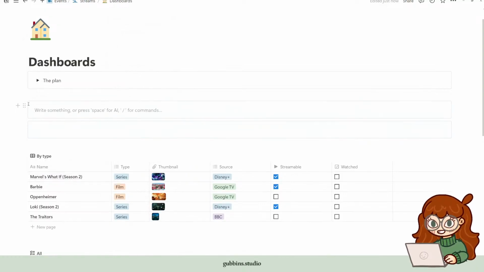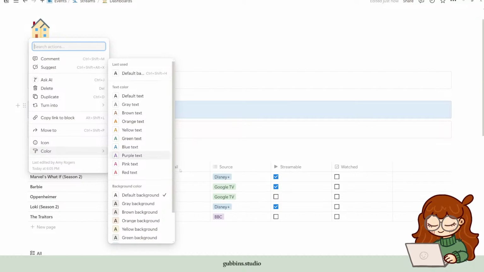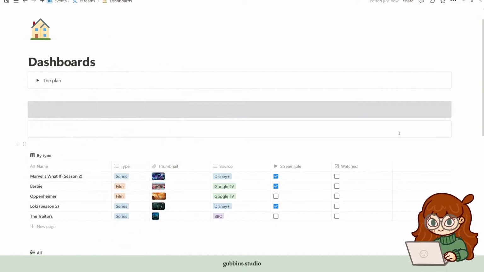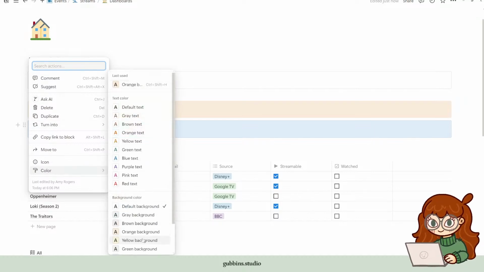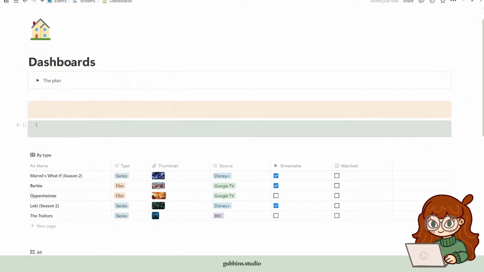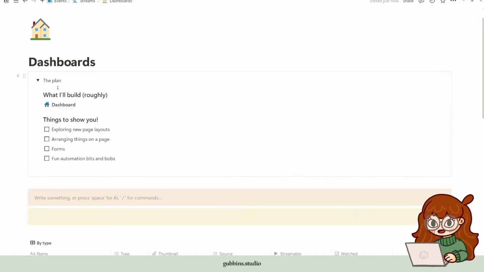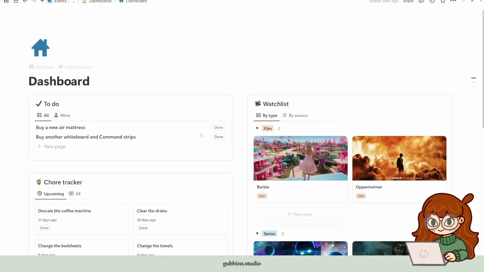And you can change the color of them, I guess. So color: orange, if you wanted something a bit more vibrant. Let's go for yellow in this one. And then to create the kind of 2-column layout I have on this original page,